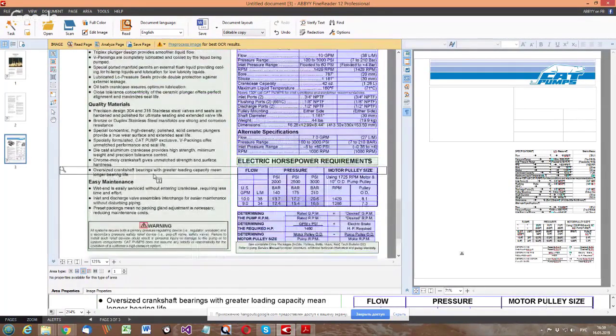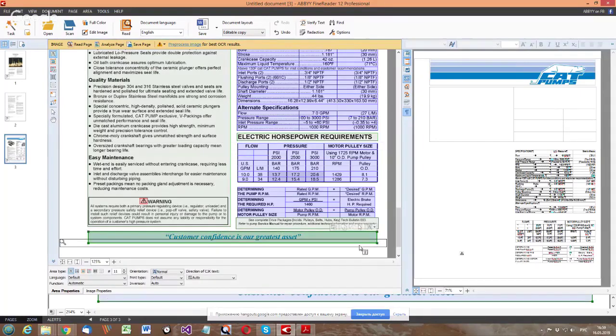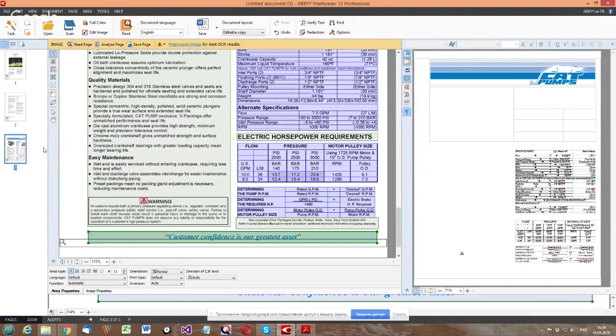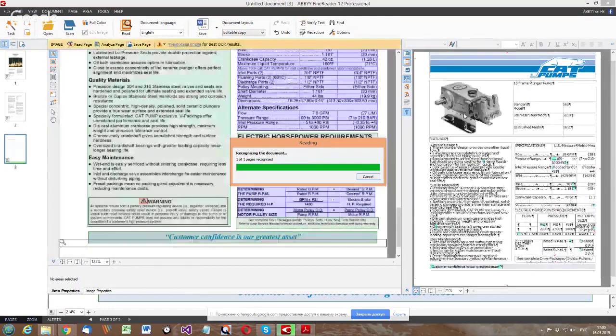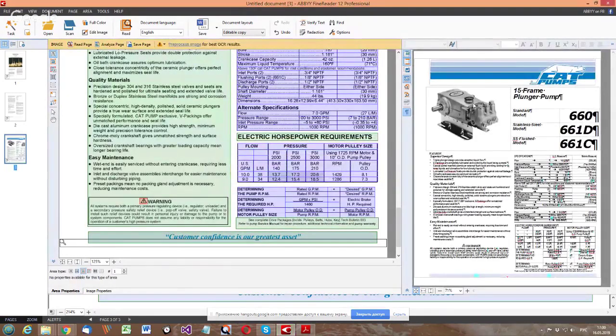And now there is the final text band at the bottom, and I mark it as a text area. And now I have to read selected pages in order to convert the text inside each area to the text in the text window.